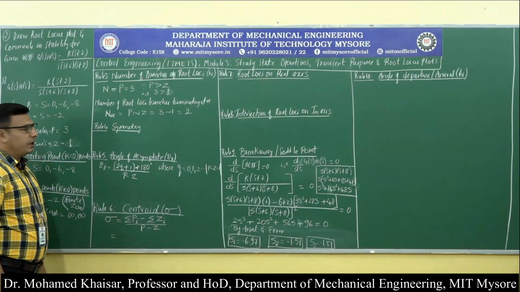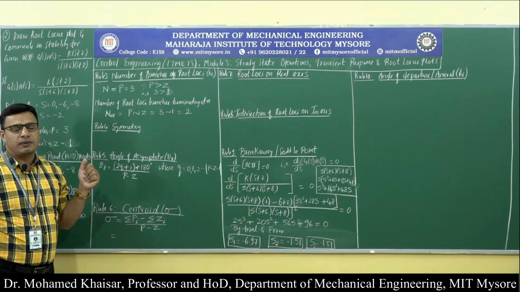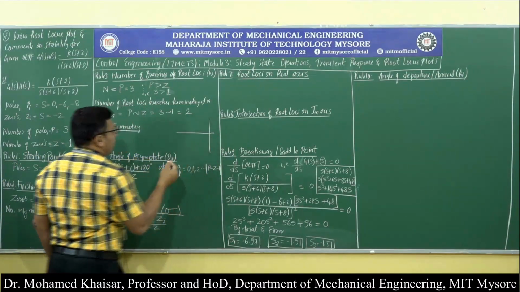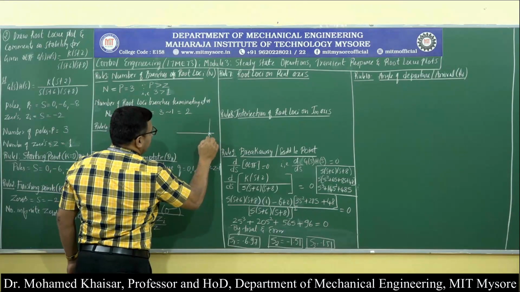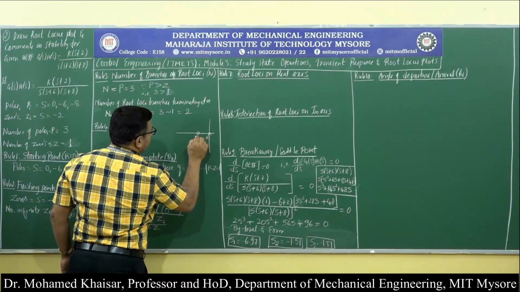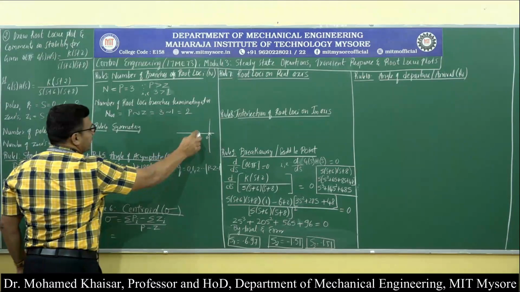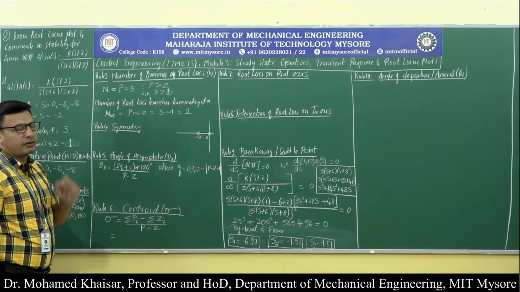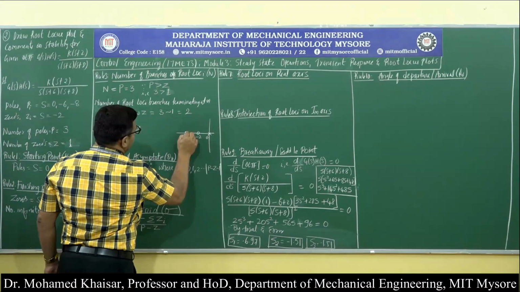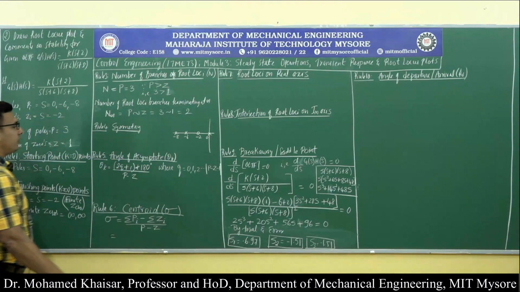Now rule number 4 is about symmetry, right? What is the axis of symmetry for the root loci? Let us try to illustrate here. So one pole is at 0, then at minus 2 there is a zero, which is denoted by a small circle. Poles are denoted by a small cross mark. Then at minus 6 there is a pole, so one more pole is at minus 6, and at minus 8 also there is a pole.